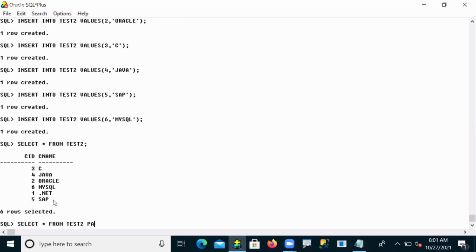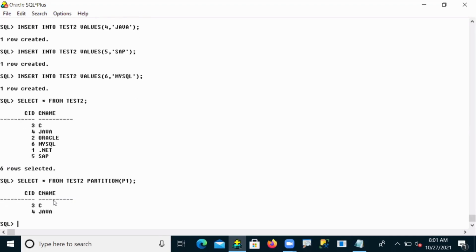Test number 2, and I'm using partition here. Suppose I'm calling P1. In the P1 partition, whatever data we stored, we need to fill from the table. So C and Java. In the same way, when I come back,